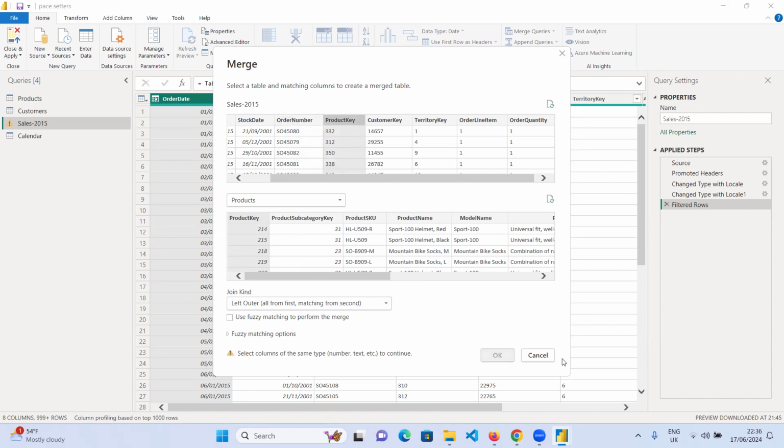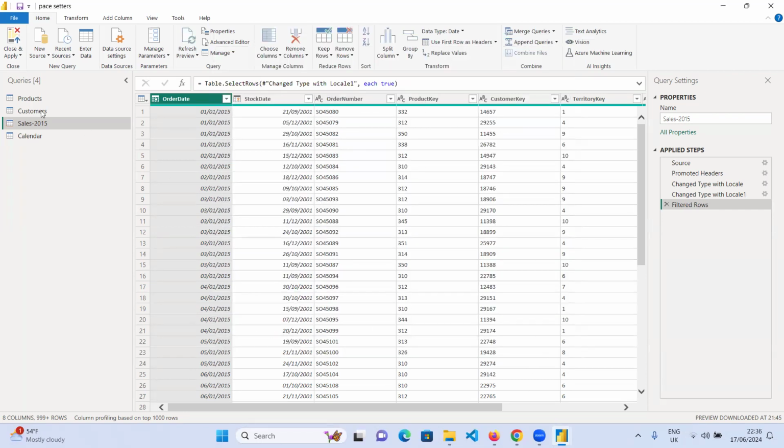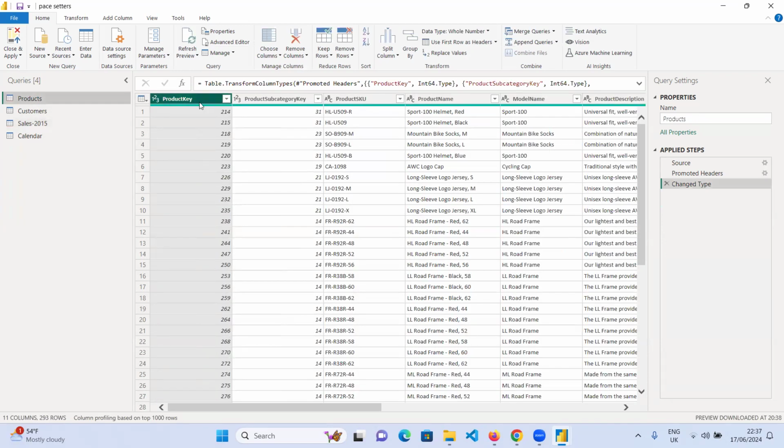All right, so I will redo it. Okay, let me refresh that. Oh, sorry. The product key here is showing us as number. All right, so let's go back and do it. Which one is showing us as number? Product key here should be